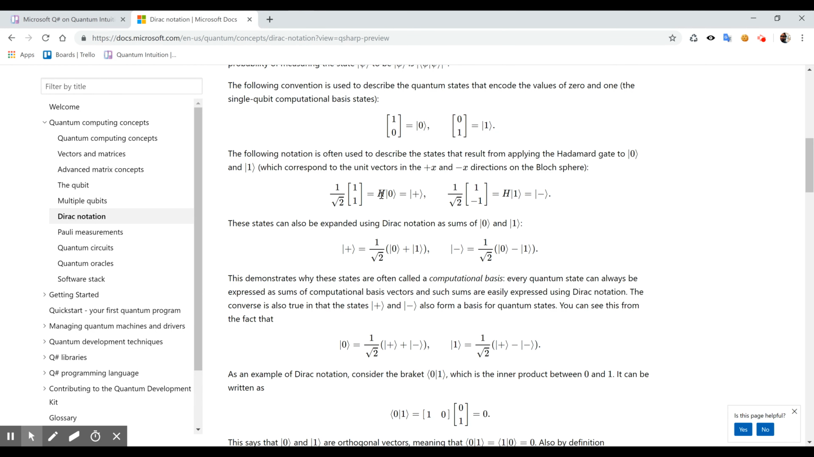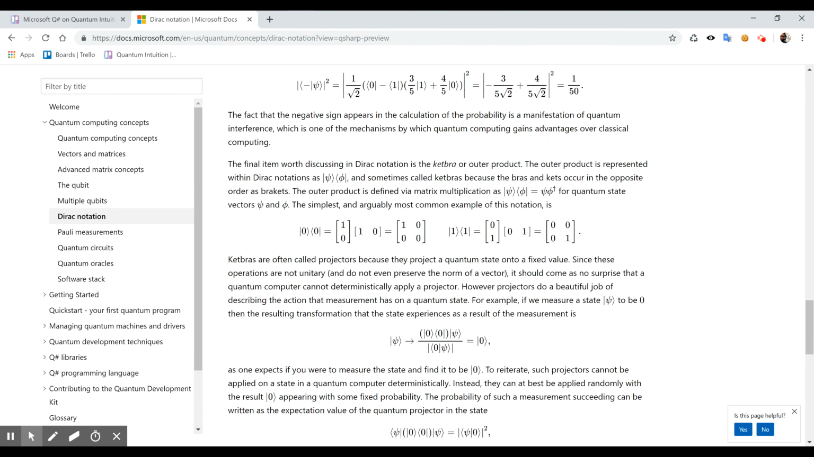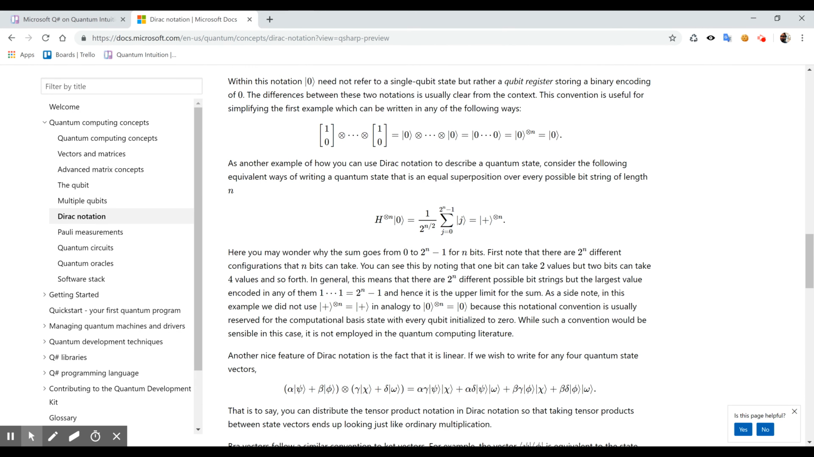It's just the Hadamard applied on the zero state. We can call it a plus state. And those are just conventions. I'm not going through that because I know those. Just check it out. I think those are basics. But I think, okay, so pretty much I haven't really learned anything new,